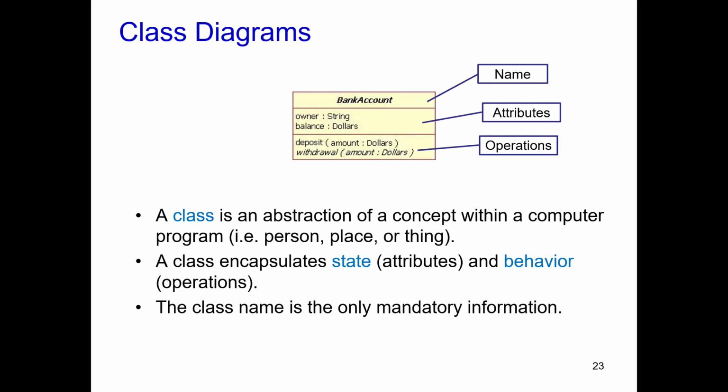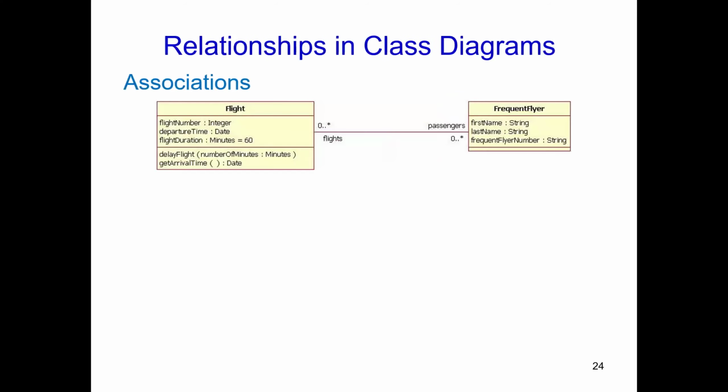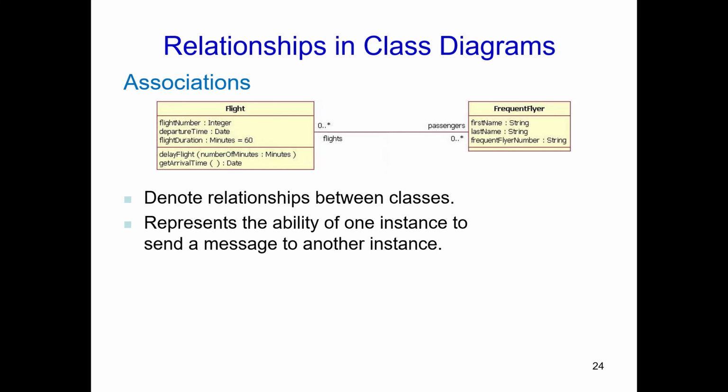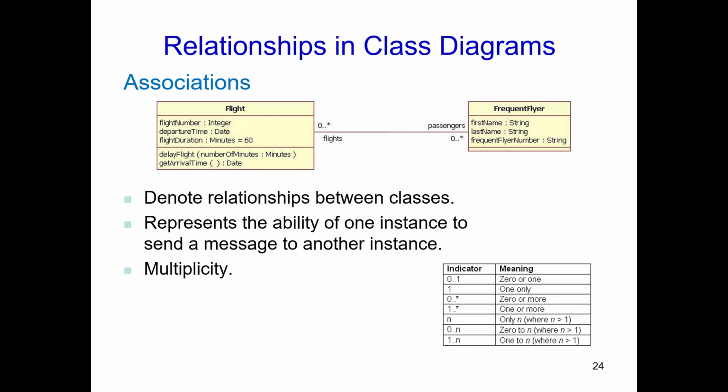But the only mandatory information is the name. There's different relationships in class diagrams. For example, here we have two classes, flight and also the passenger, which in this case is a frequent flyer. So an association is one of those types. This denotes relationship between classes, represents the ability of one instance to send a message to another instance, and also